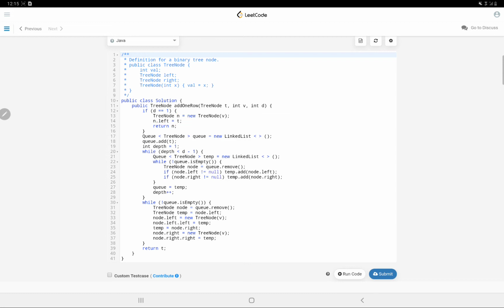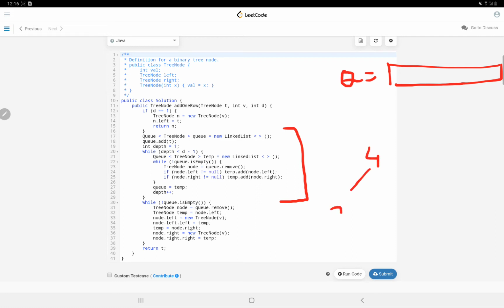Let's see further. So then we are using the code for level order traversal. In here we have taken two queues. One is the temporary queue and the other is the main queue. All right, so in this queue we will add our root node and begin our level order traversal. So suppose with an example 2 3 and 1 6 7 9.